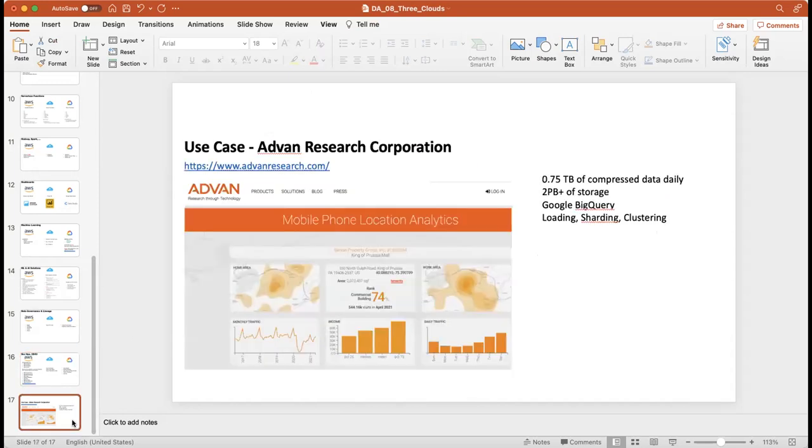And the last thing I wanted to show is this use case, which I started to talk about at the very beginning. So I spoke to a friend of mine who works at this company, and they receive close to a terabyte of compressed data daily. They have more than 2 petabytes of storage. They store data in BigQuery, in Google BigQuery. And when they load this data every day,